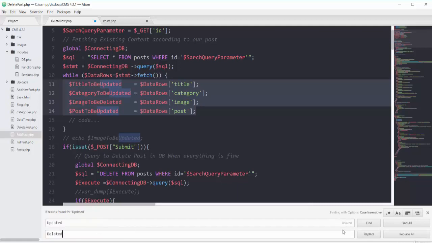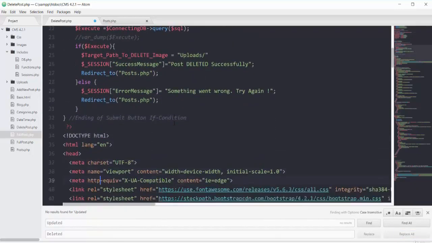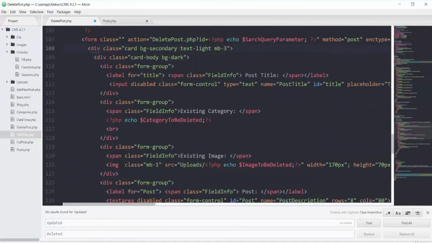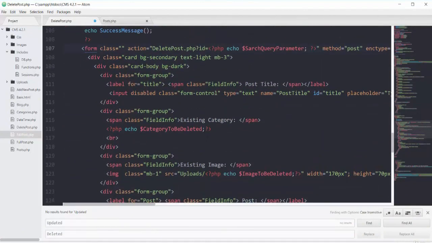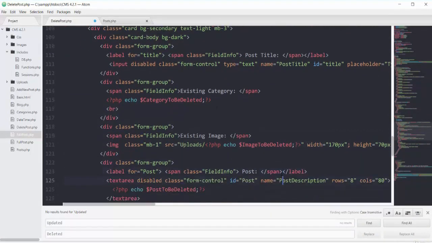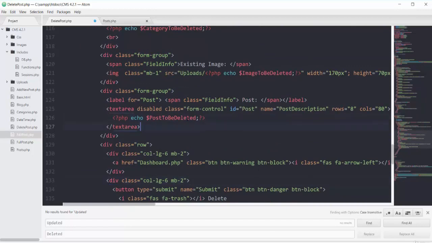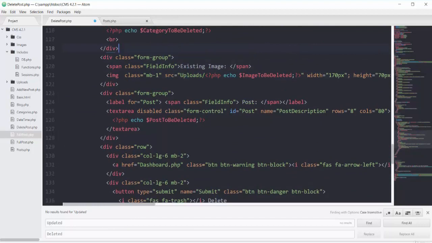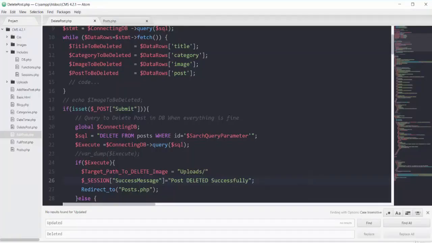So I will change all of these variables. Okay, now we also have to change the echo variable right here. So category to be deleted, image to be deleted, post to be deleted here. So I replaced all the updated with this deleted. So if I save this one and just refresh this page, we got the error on line 26.